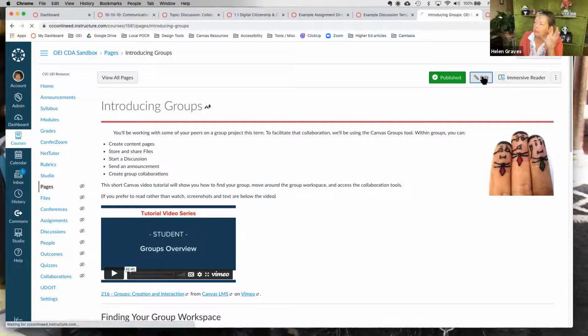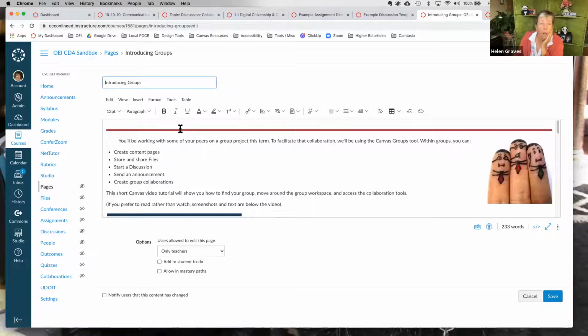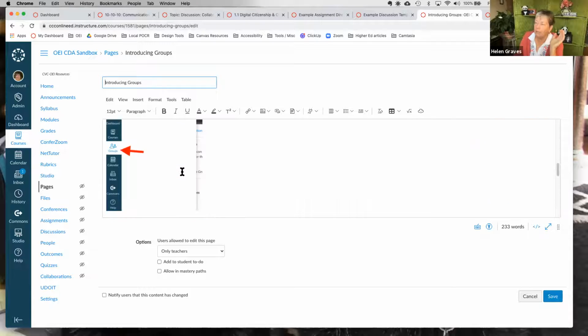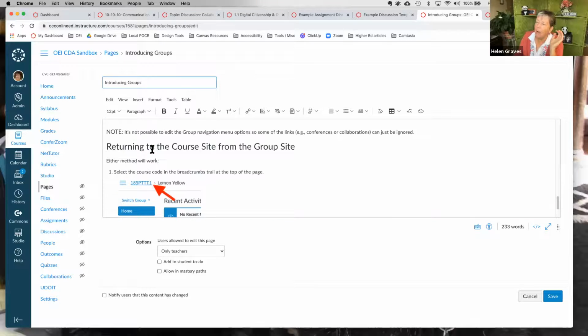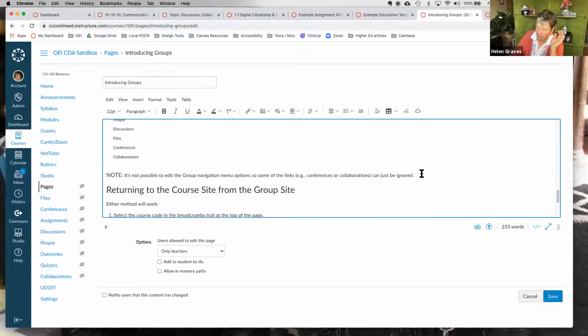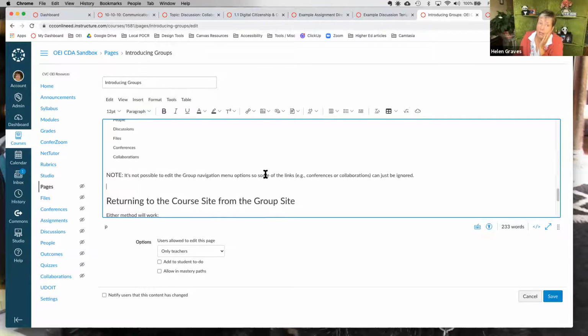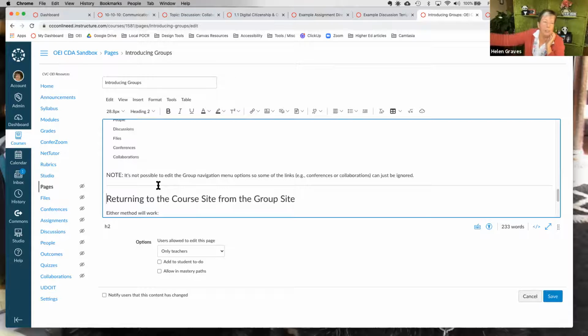Okay, so it depends on the line. If you're talking about the colored ones, yes, it's code. But Canvas, bless their little hearts, has now added, let's go here, in the new rich content editor, and I am a fan of it. I know some of you are in denial. It's coming, it's here to stay, and it actually has some great aspects to it. One of them is this. If I go up to the insert option, I have a horizontal rule right built in there. I don't have to go into the code at all. So if you're okay with just the standard light gray thin, you can just plop it right in.